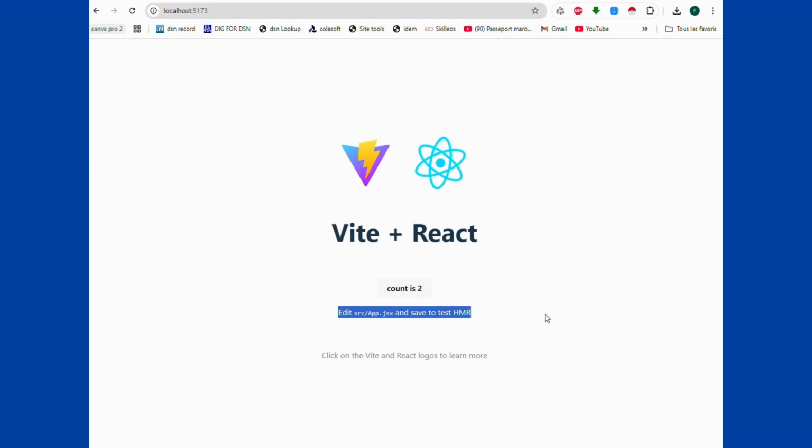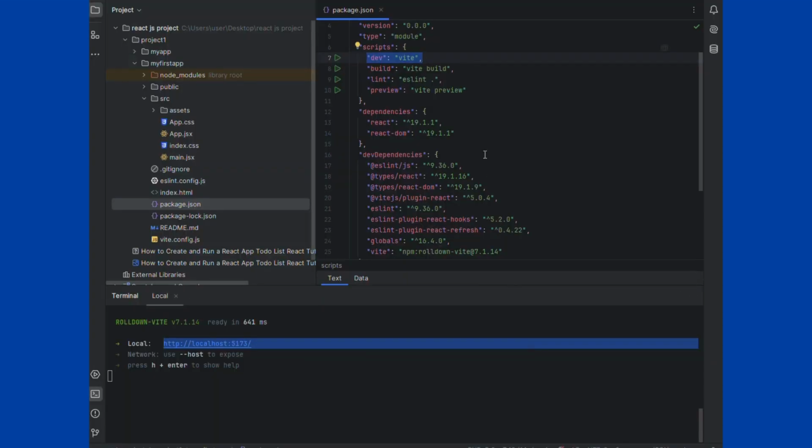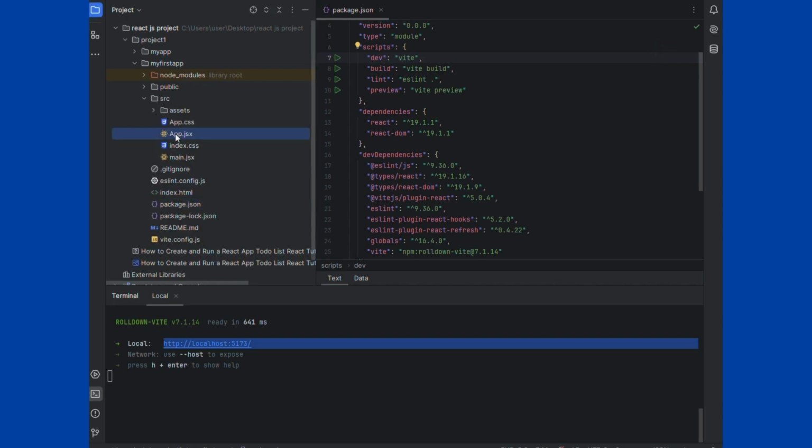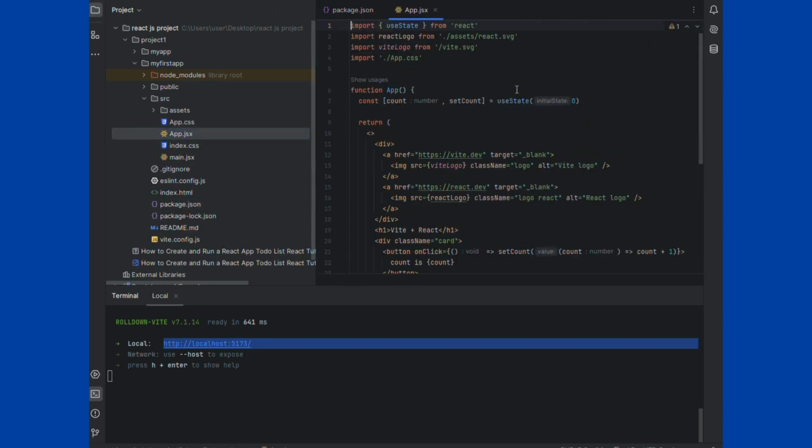What we are going to do first of all is npm install to install the dependencies. We will find the dependencies right here, to install React. And then what we will have to do is simply launch our application with npm run dev, and we will